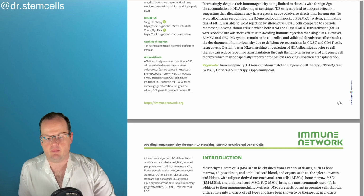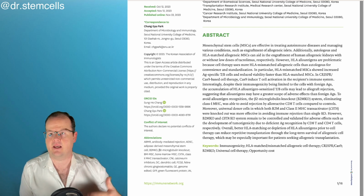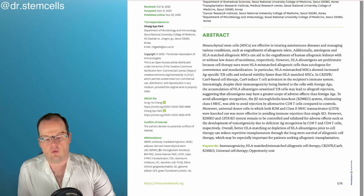This can be really important for patients who are seeking allogenic transplantation, that is to say they're seeking a kidney from a donor. This would usually be in the case that their kidneys have failed or they need donor cells. So what is the takeaway from this paper? This paper tells us that, as we would expect, if your body has more foreign material injected and is aware of it, that is to say it's HLA-mismatched, you're much more likely to cause a problem with rejection in general. On the other hand, if you have an HLA-matched, or even better, a gene-edited cell which removes the HLA irritation completely,